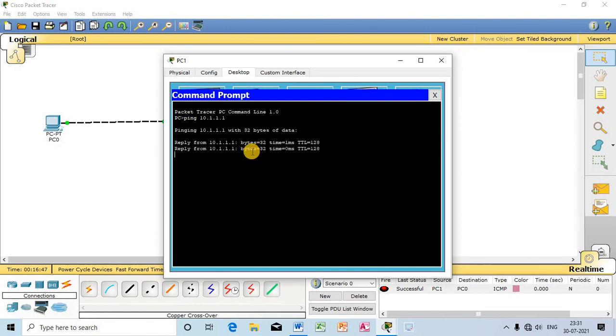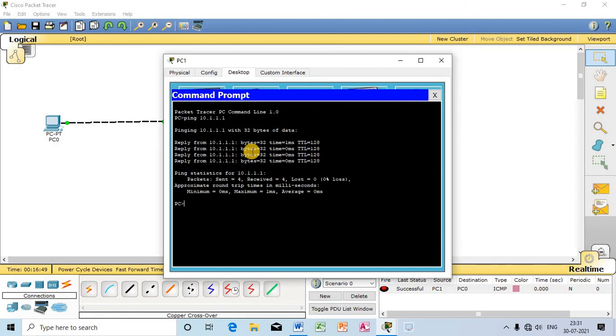You can check, I have got the reply from 10.1.1.1, 32 bytes, time 1 millisecond, time to live 128. I have received packets successfully. 4 packets were sent from my system, and 4 packets were received successfully from PC0.